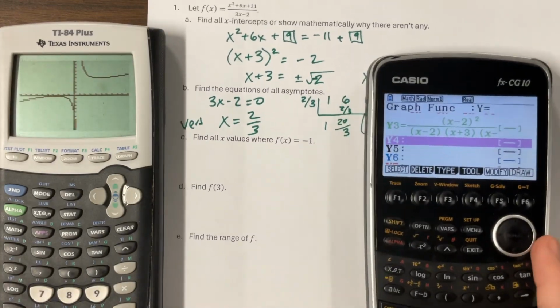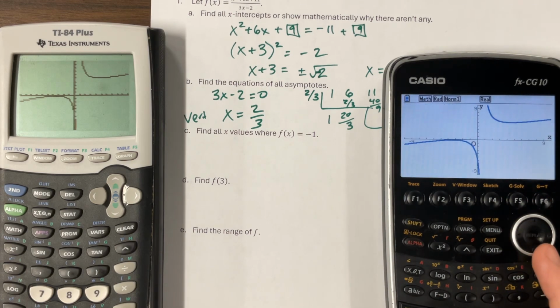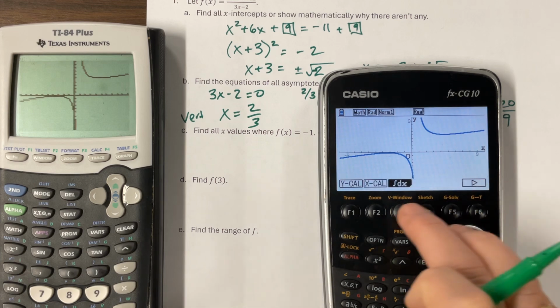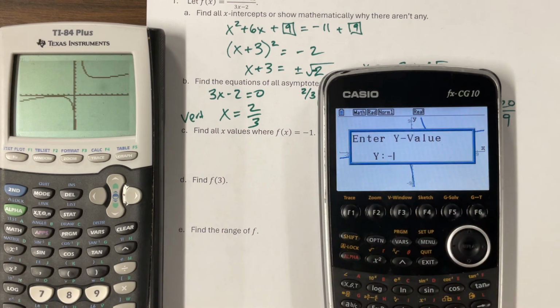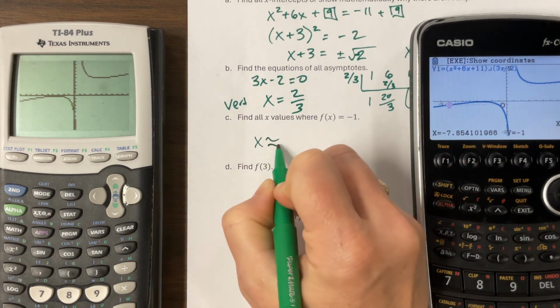Find all the values where f of x equals 1. So here's my graph. I lied, that was -1. Okay, so what I can do with this graph is G-solve and come over and do an x-cal. And so they're like, well, when y is equal to -1, what is my x value? And so I find that x is approximately